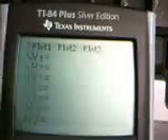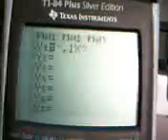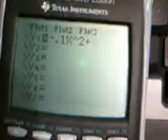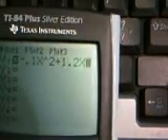What I'm going to do is, first of all, make sure I have a standard window by hitting Zoom 6, which I do. And now I'm going to hit y equals, and I'm going to enter the function. The opposite of 0.1 x squared, I like to hit caret 2. Oops, come back calculator, there we go. And then I have plus 1.2x plus 98.6. And when I hit graph, what's going to happen there